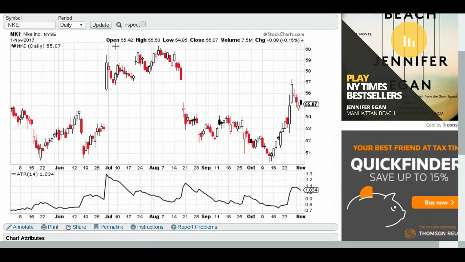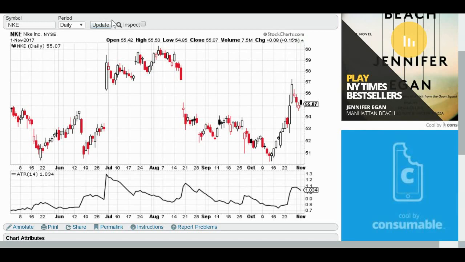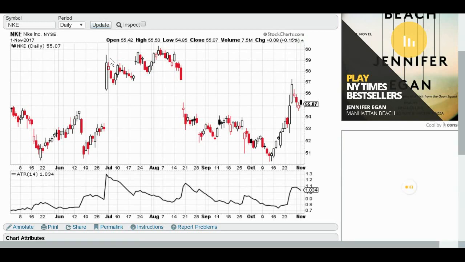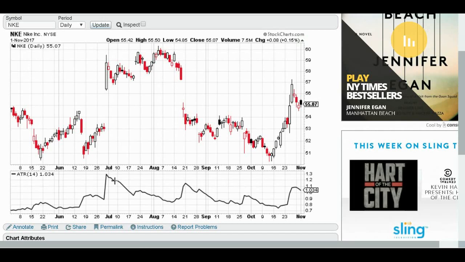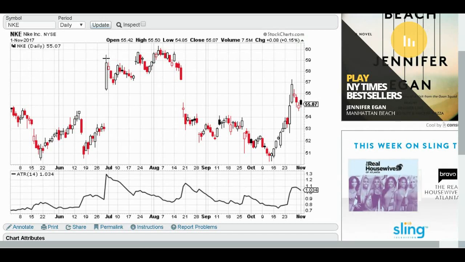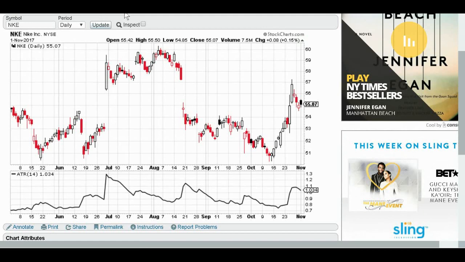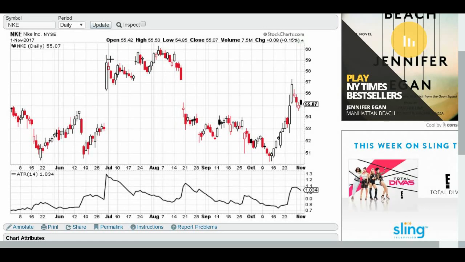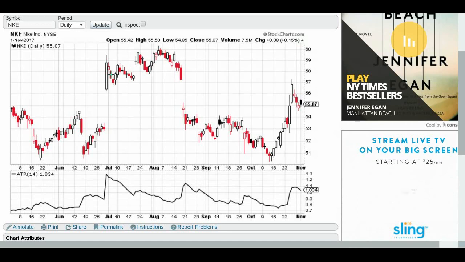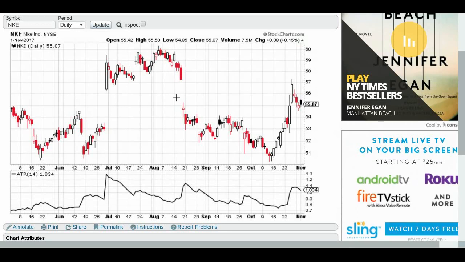You could have sold, let's say, a 62.50 strike call option, or even a 60 strike call option, but I recommend going out of the money, so I would have sold probably a 62.50, maybe even a 65 strike call option if I didn't want to take on so much risk. And you could have made money there because after that the volatility calmed down, as you can see in the average true range, because the stock price stopped going up so quickly. Volatility went down, and the stock just kind of fizzled out and chopped around sideways, and it even went down after that.